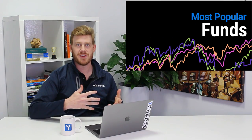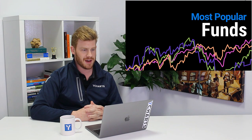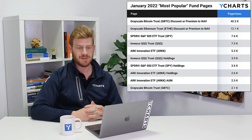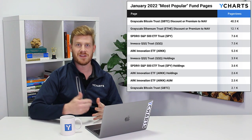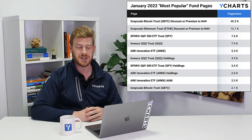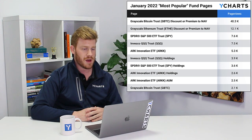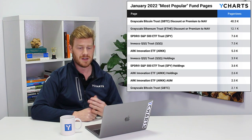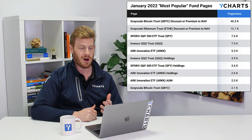And now on to what's trending in mutual funds and ETFs. At the top of the list are Grayscale's Bitcoin and Ethereum trusts. Their discount or premium to net asset value pages get really popular whenever there's a lot of action in cryptos, as there has been. And from there, we see a mix of Spider S&P 500 ETF, Invesco QQQ, and ARK's